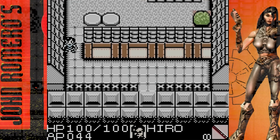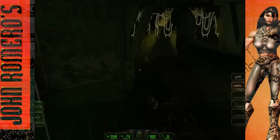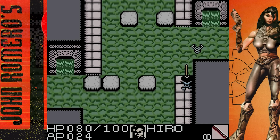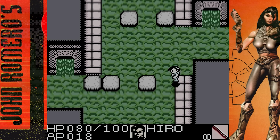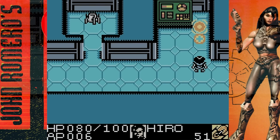Daikatana is an 8-bit remake for the Game Boy Color of the infamous John Romero first-person shooter. This game was only ever launched in Japan and Europe. Not sure why they skipped over the US, which is where I assume the PC version probably sold better. Anyway, unlike the PC game, this is a Zelda clone, except it's much more linear and there are no towns